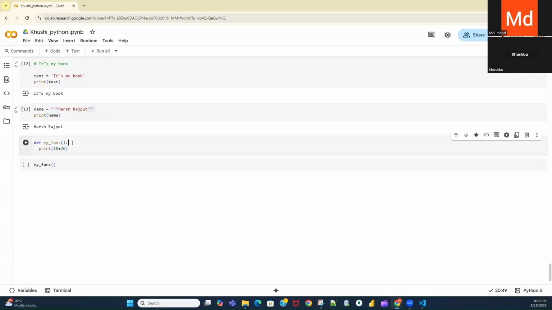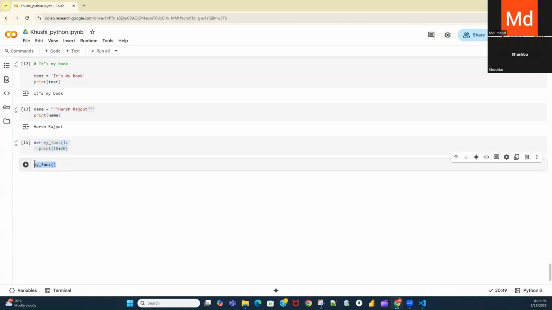Here I'm not defining much logic, I'm just adding some values. When you execute this, it will not return any output unless you call that function. So here I'm calling that function, and when I call it, it gives me 30. Now if I hover over this, I am not getting anything.